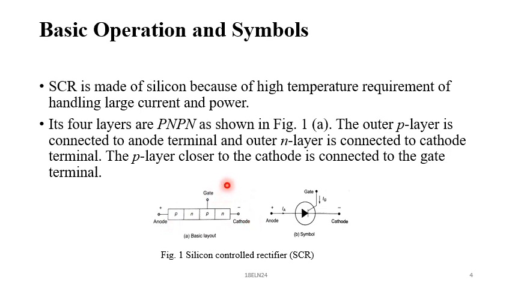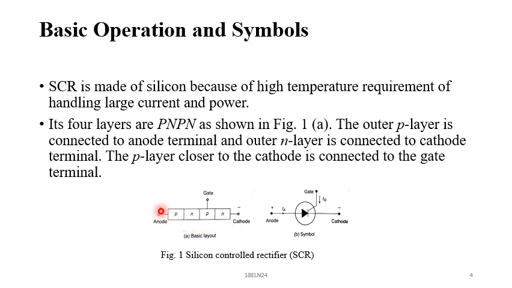Generally we give a pulse type of signal here, and if I give a pulse type of signal, it results in a gate current, and that will drive junction J3. One more condition: if I give a negative here and this is positive, so negative is connected to P and positive is connected to N, this junction J1 is reverse biased, and here also this is reverse biased. So there is no flow of current from anode to cathode.